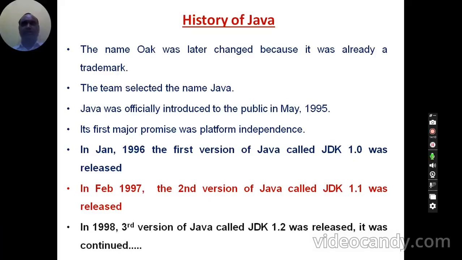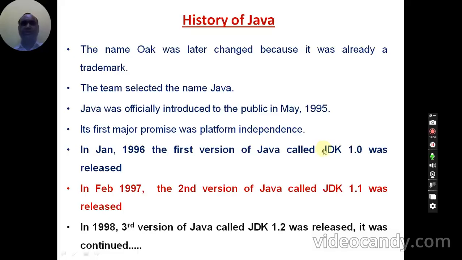After developing this language, they first announced it to the public in May 1995, saying they had come up with a new language that can be used to program any kind of electronic devices or appliances. This programming platform contains many software tools, and they kept all the software required to program an electronic device as a package, which they named the Java Development Kit.